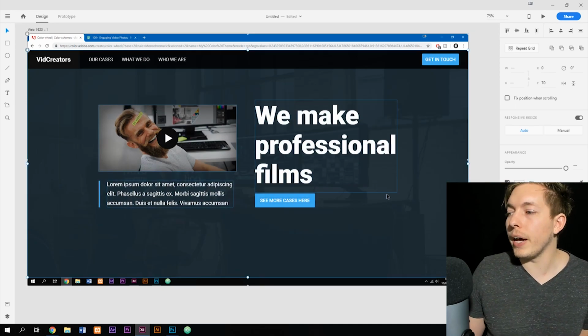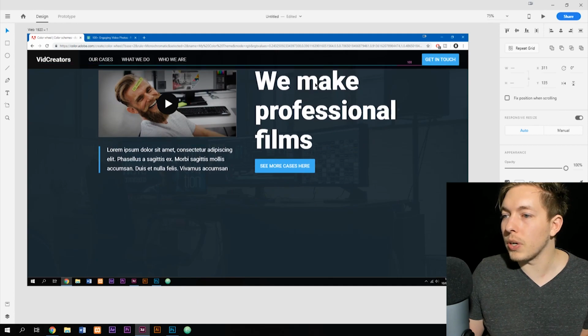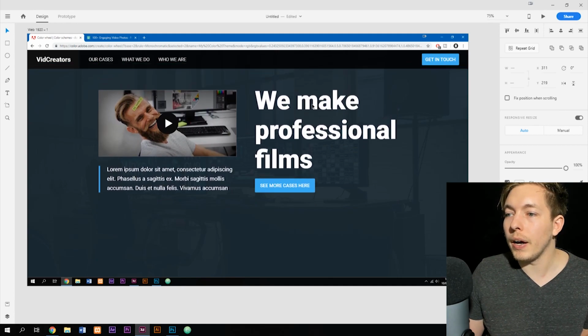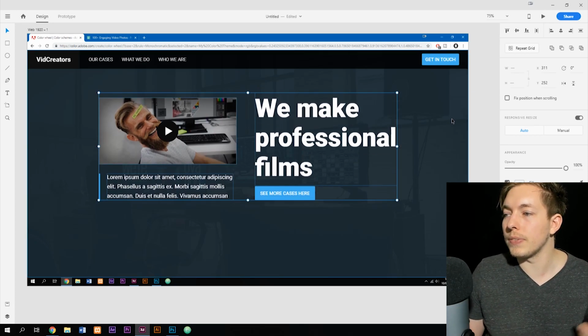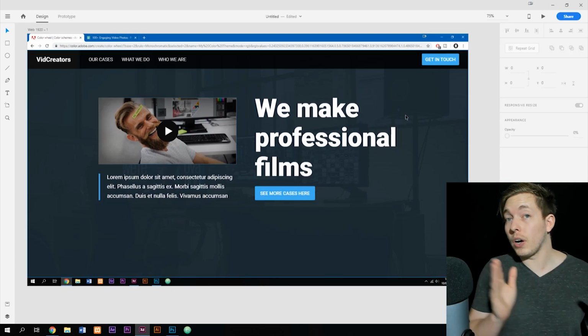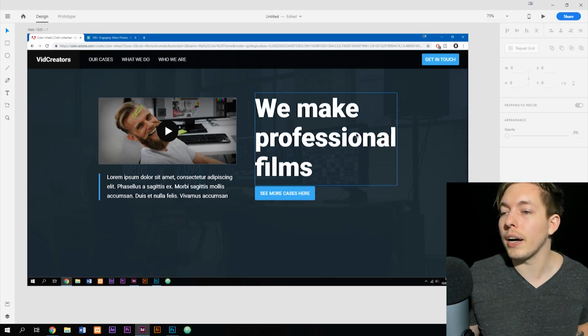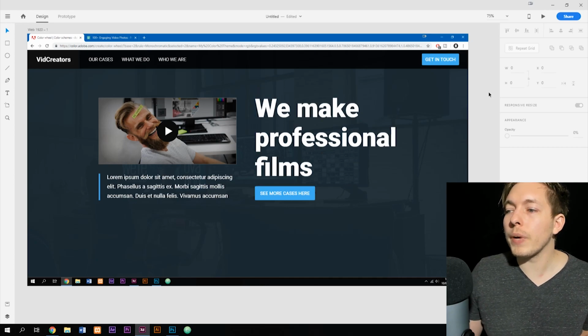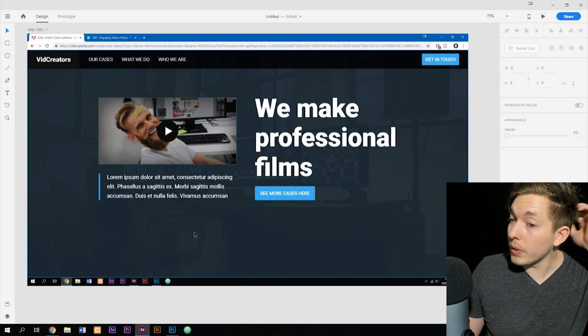So I'm going to take what we have here so far, and I want to have it a certain distance from the top up here, because we don't want it too far down and not too far up to the top. So as you can see, I just shifted it up a little bit. I also centered the content horizontally to make sure it didn't go too far to one side. Now that we have this, we could go ahead and add some other content below here